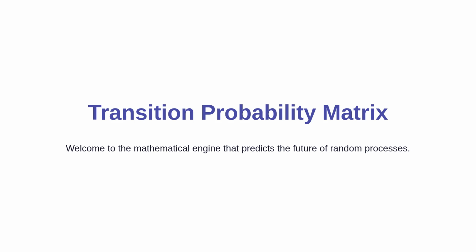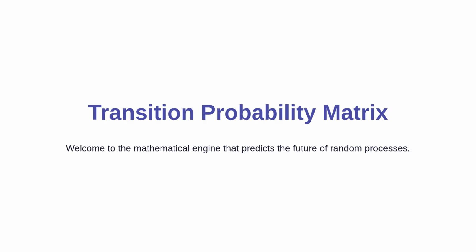Welcome everyone. Today we are diving into a fascinating mathematical topic called the transition probability matrix. Imagine you want to predict tomorrow's weather based only on what the weather is like today. How do we capture that mathematically? This matrix is the ultimate tool for taming randomness, and by the end of this lesson, you will understand exactly